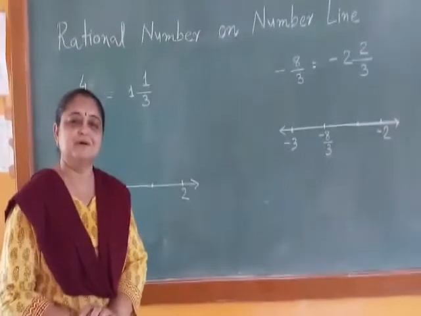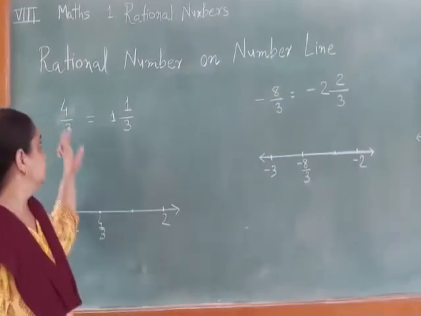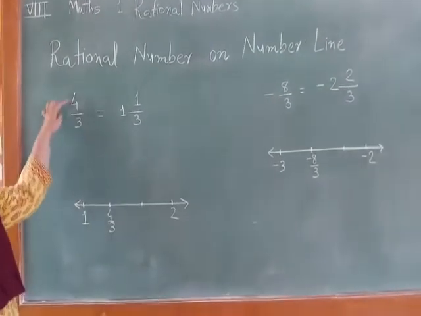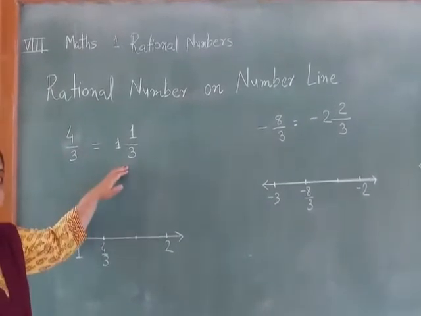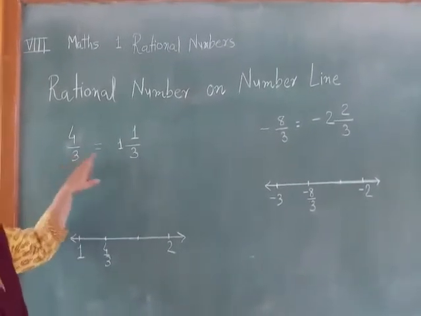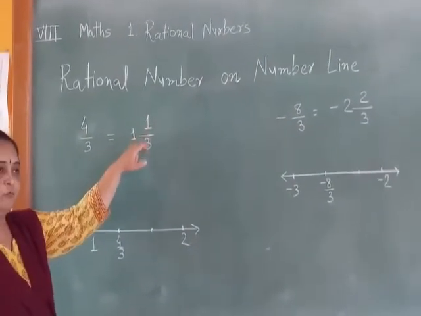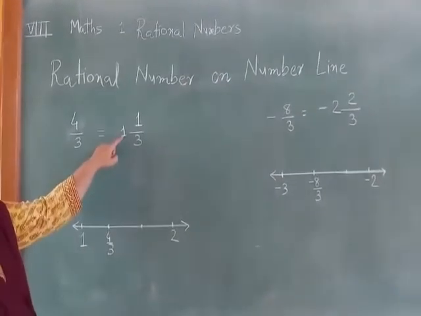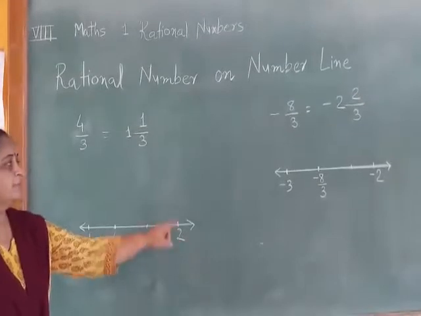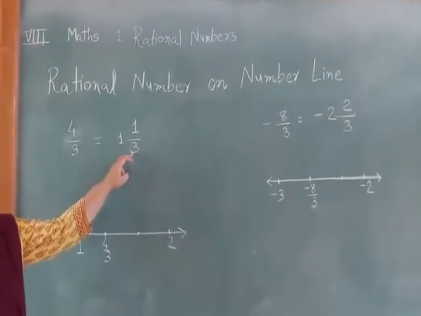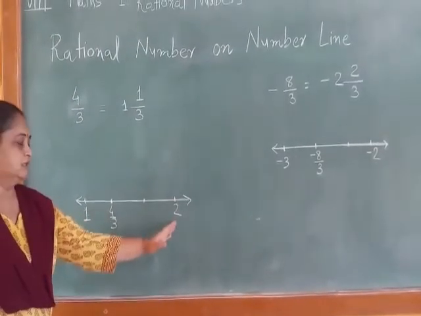The second type of number is one in which we can convert that number into a mixed number, that is, the numerator is bigger. Here 4 by 3. If the numerator is bigger, then you can convert this number into a mixed number. With the same denominator 3, 3 ones are 3, plus 1, 4. 4 by 3. Now this number is between 1 and 2. How many parts? We need to take 3. So I require 2 points. Part 1, 2 and this is 3.